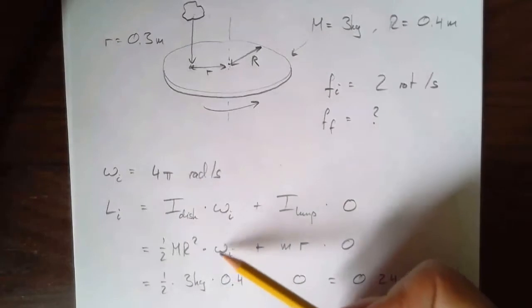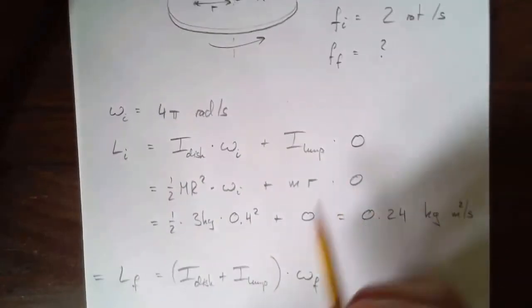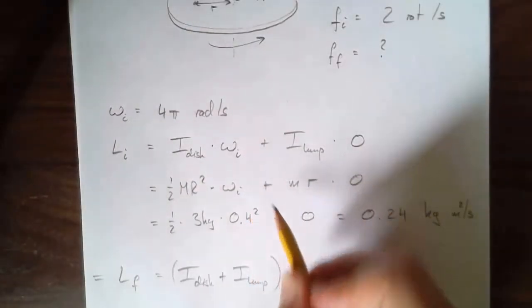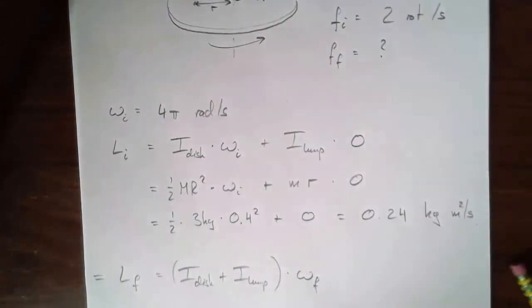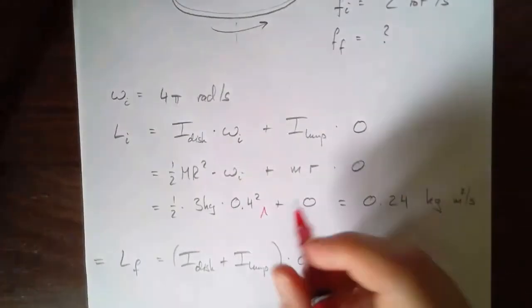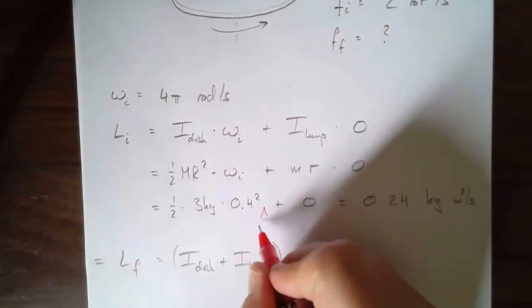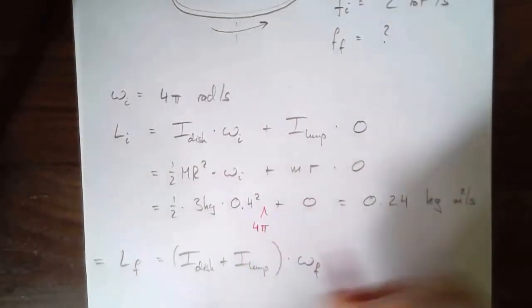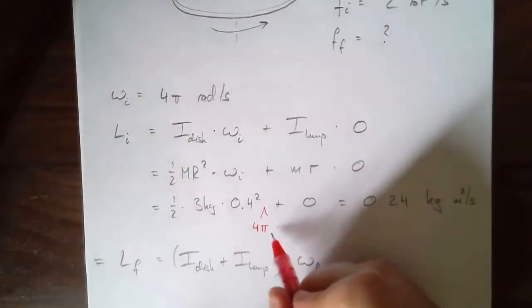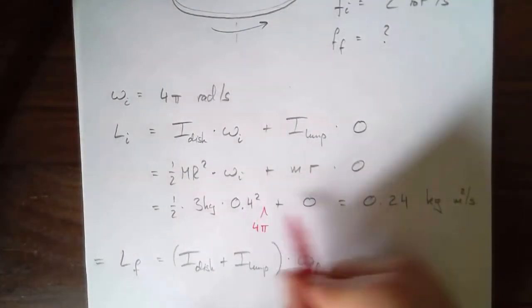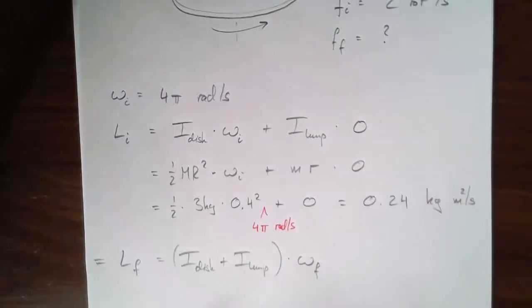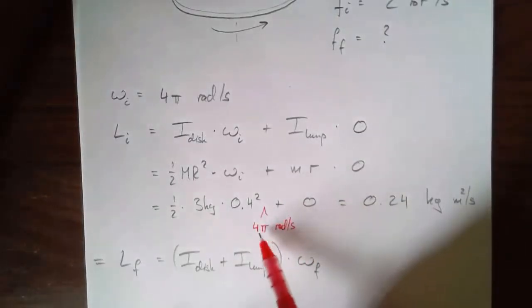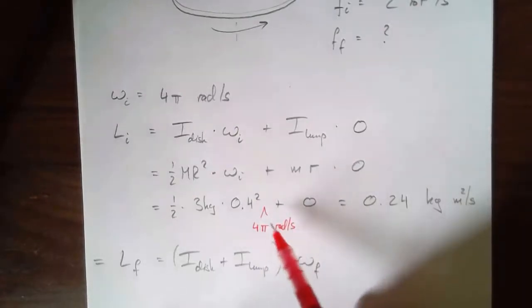Oh, I made a mistake. I forgot, of course, to include the 4 pi over here. No wonder I was hesitating there. I was like, what's going on? Here, a mistake. Let's do it in red. Here I should include 4 pi. Something looked funny here. I'm telling you nonsense, but I trusted my derivation there. Radians per, no, wait, what am I saying? Okay, 4 pi radians per second, right.